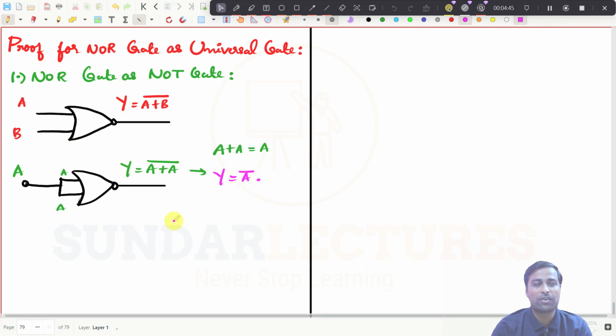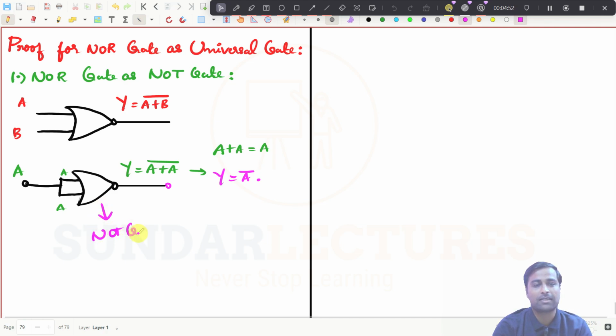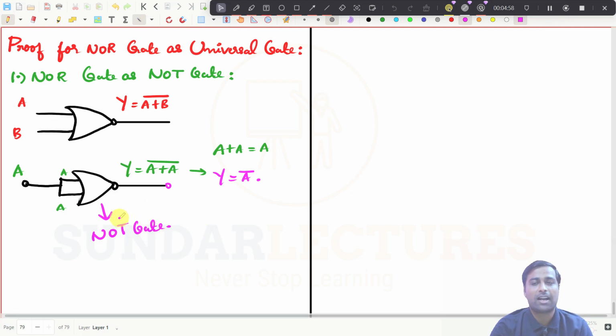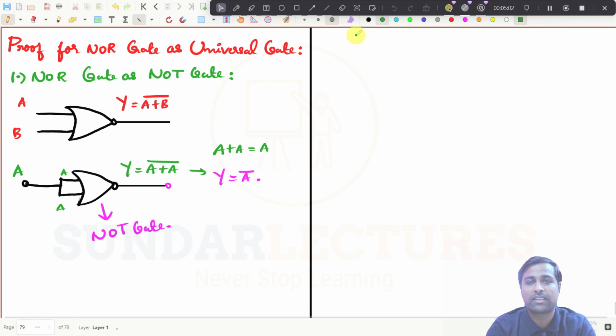So what is this one now? This is a NOT gate. Now I have performed the NOT gate operation by using only the NOR gate. What is the second one? It is very simple. So second one, NOR gate